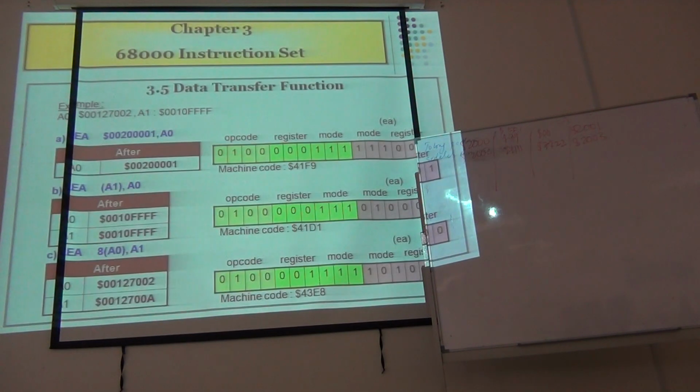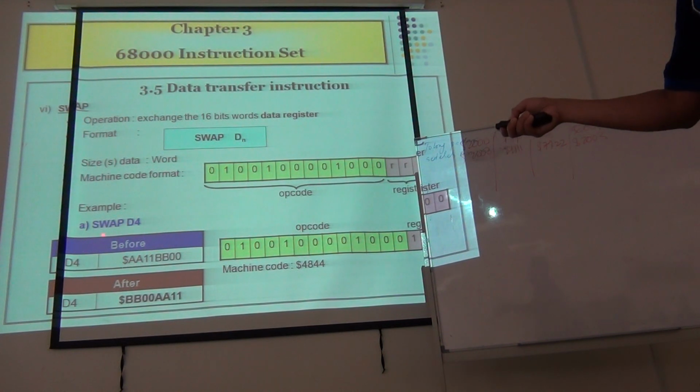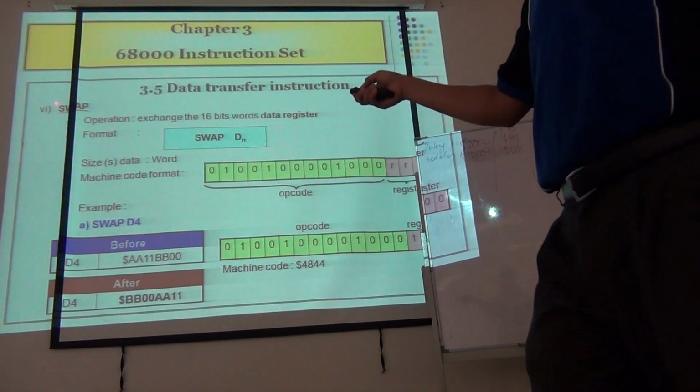And the last one is swap. Swap is only for the word, swap D4. For example, D4 swap